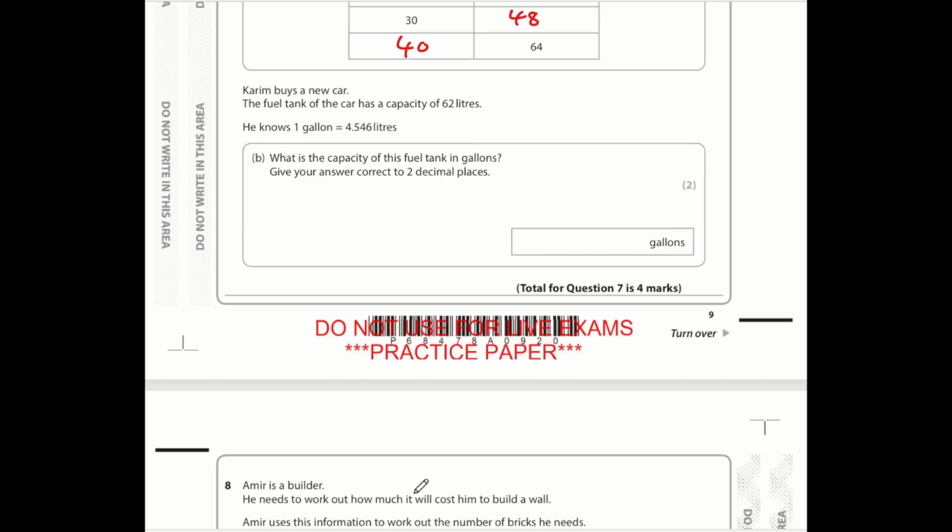Okay, and for part B, we want to convert 62 litres into gallons. So we know that 1 gallon is 4.546 litres, and we're trying to convert 62. So we just need to ask ourselves, well, how many times greater is 62 than 4.546? In other words, what is 62 divided by 4.546, and that is a fairly horrible value, which is